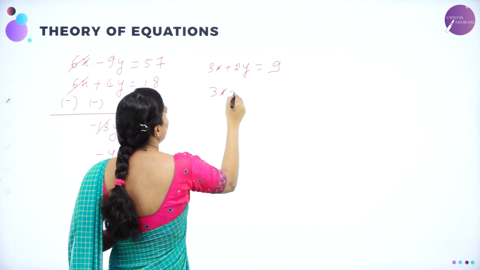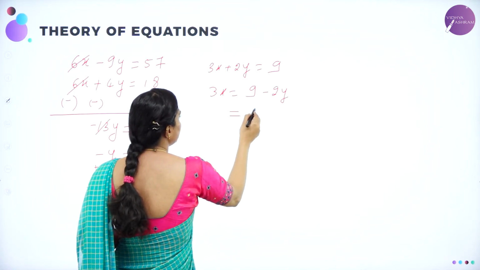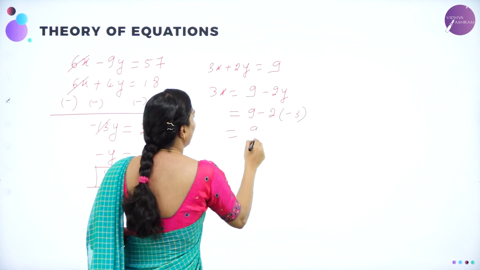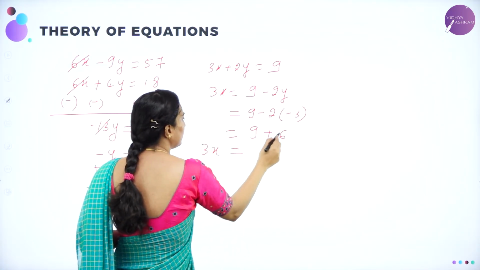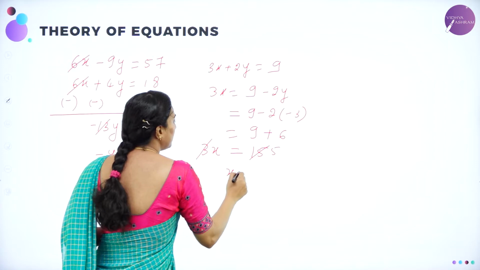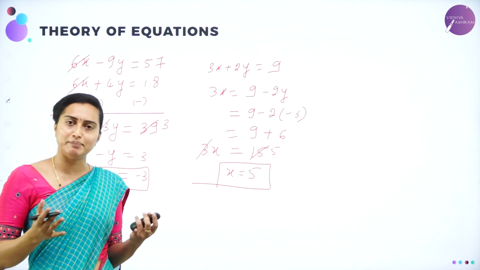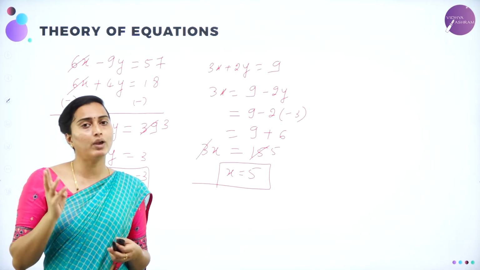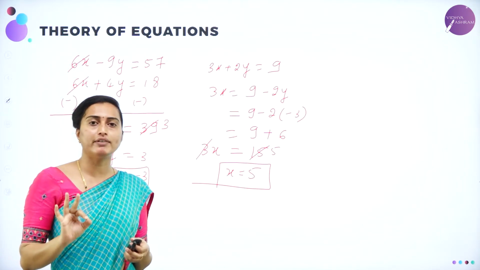I can find out the x value easily. So 3x can be written as 9 plus 2y; it comes to that side, it is minus 2y. Now 3x will be equal to 9 minus 2 into the y value, which is minus 3. So 9 minus into minus is plus, 2 threes are 6. So you are getting 3x is equal to 9 plus 6, which is nothing but 15. Now 3 ones are 3, 3 fives are 15. So x will be equal to 5. So this is how we are going to solve by the method of elimination. To solve the equation, you can follow any one of these methods. Are you getting it? Now we have solved by the method of comparison, the method of substitution and the method of elimination.